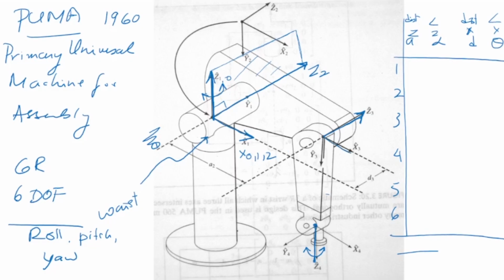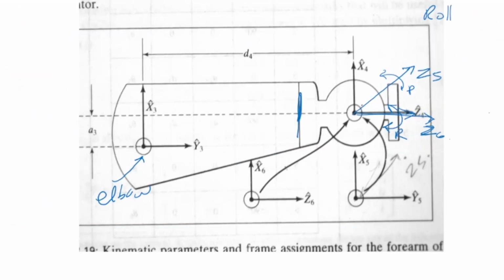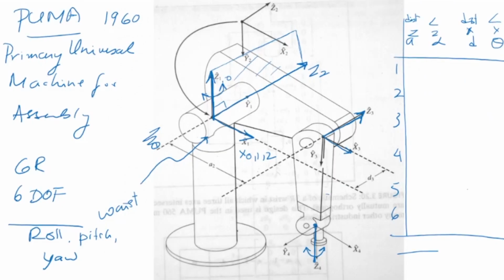Now X3 is again coming out like this, along the shortest distance between the Z's. Then if we go to our wrist axis, we see that Z4 and Z5 are intersecting. So this is the plane, and on that plane X4 has to be perpendicular to the plane. So we have the three axes X4, X5, and X6 as the same axis. Now there are some distances that we have seen. Now let's look at the distances again. Let's write the DH parameter table, when the distances will become clear.